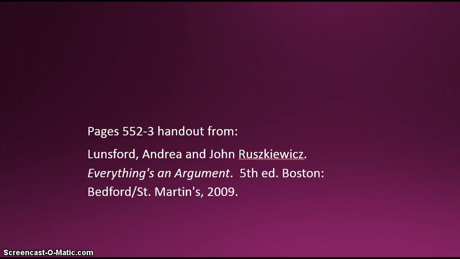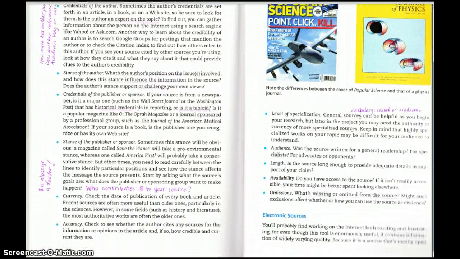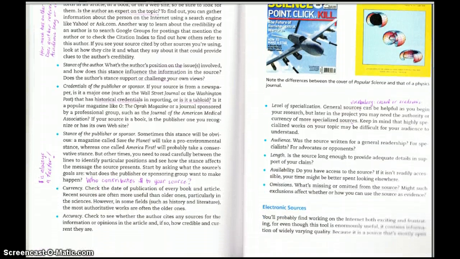And then here's another handout. This is from that Everything's an Argument textbook. This is uploaded in Moodle for you to look at, but I just want to give an overview of what's contained in here. Whenever you find a source, look at the stance of the author. How is the author involved? Look at the credentials of the publishers. This is something you may not think about often, but there is somebody behind the published text, and that person has an angle, or that person has something that they're really interested in you knowing and seeing, and that's what they report. So look at the credentials of that person as well as the stance.